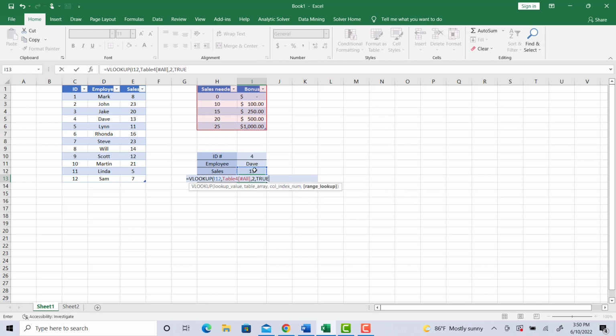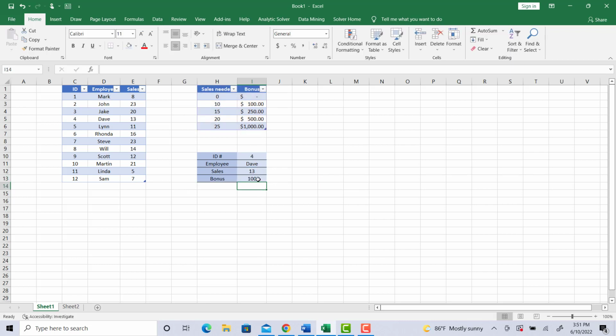And so what Excel is going to do is look for the closest match that is less than this 13. It's what Excel automatically does. So it's going to say, which number is the closest to 13 but is not over 13? Which should be 10, and so it should give us this $100 bonus. And it did. So Excel went in there and said, okay, I don't see a 13, and 15 is too much, so 10 is the closest match. And the number that we need, based off of that, is 10, which gives us a $100